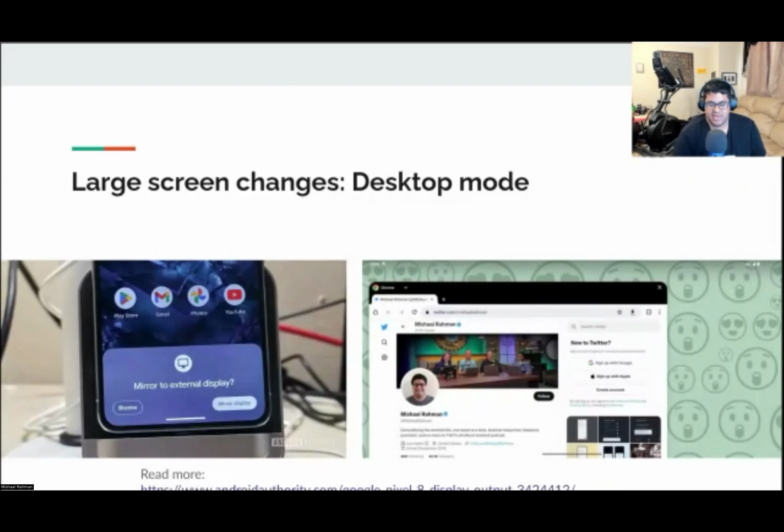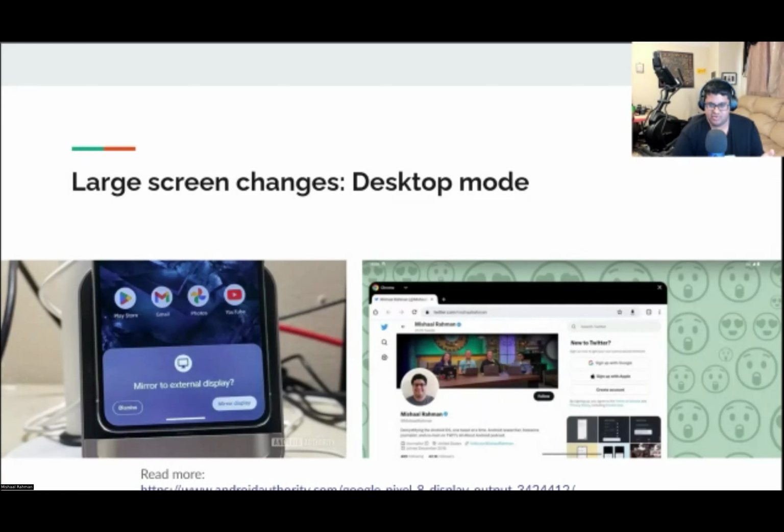And Google is paying more attention again to large screen devices such as tablets and foldables. One feature that has been highly anticipated is the introduction of a revamped, a true desktop mode experience. So Android has had a built-in desktop mode experience since Android 10, which is accessible by flipping the force desktop mode toggle in developer options and then connecting to an external display. However, this experience was only intended to test applications on secondary launcher activities and basically testing what they might look like if they were placed into a freeform window.